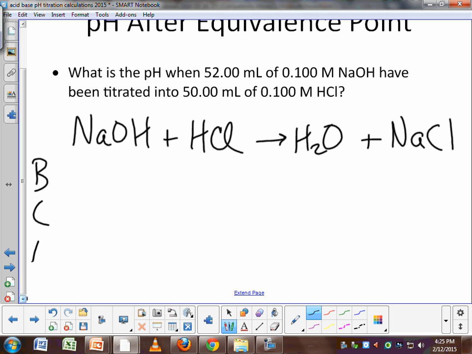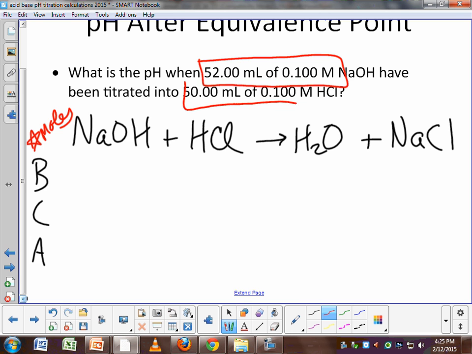we're going to do a BCA chart in which we plug in moles. We're getting moles from our volume and our molarity information for each compound. The hydrochloric acid has not changed in moles because that's what we started with in the flask. So that's still the 0.005 moles of HCl. But we have changed the amount of sodium hydroxide because we've added 2 additional milliliters of sodium hydroxide into the flask. So now, instead of 0.005 moles, we've got 0.0052